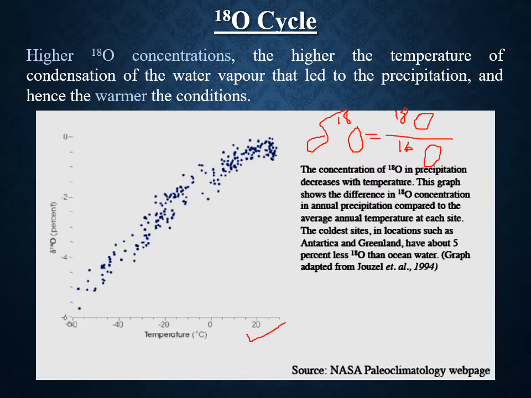So that is why you can see that this delta 18O, that is the ratio of heavier oxygen and lighter oxygen isotope, will be very much temperature sensitive, and it will show a positive correlation with respect to temperature. With increase in temperature, the heavier isotopes of oxygen are found to be enriched in the snow.